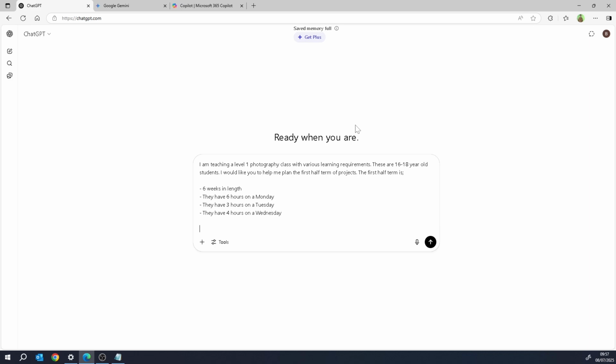Now, really, you could, at this point, kind of let it crack on. But what we're going to do is we're going to ask it specifically to include certain topics within this. And this isn't even taking into consideration how it is that you could get it to actually read through the specification of the course, which we're going to have a little go at after we've done this. But for now, let's just say the project needs to include